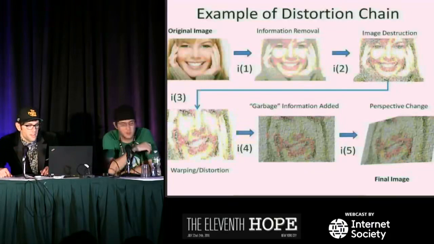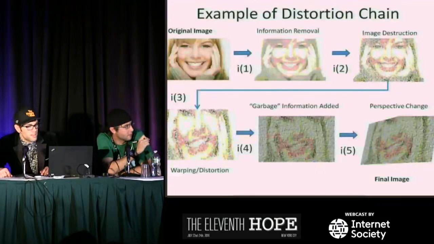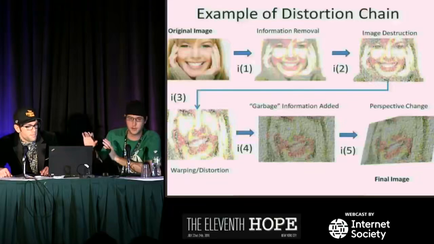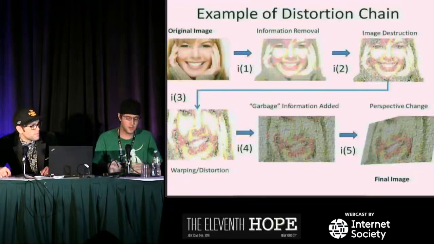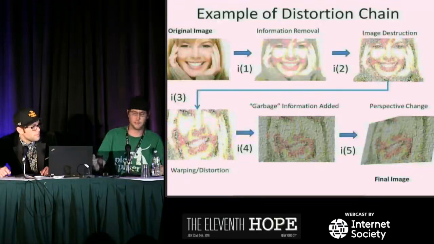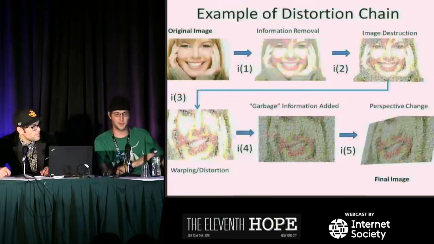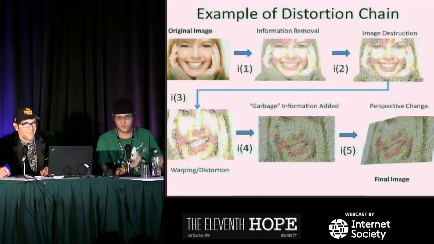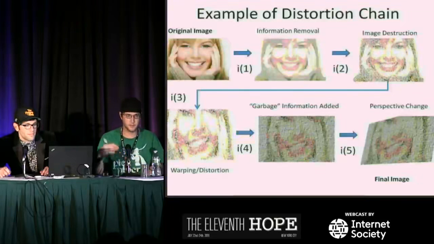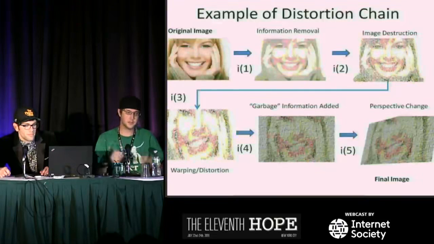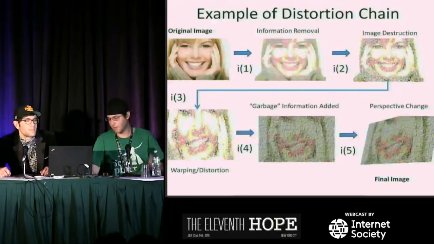Here's an example of the distortion chain. You start with the regular image, and you end up with something like this. You just keep applying filters over and over until the API can't deal with it anymore. The cool thing about that is it becomes completely scalable. As soon as Microsoft flips a switch and detects a little more, deals with a few more filters, all we have to do is apply a few more. It's a cat and mouse game, but all we have to do is stack more filters on it. As long as people can still deal with it, you're fine.